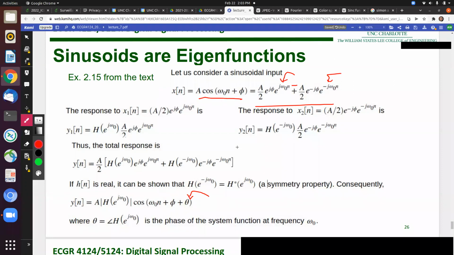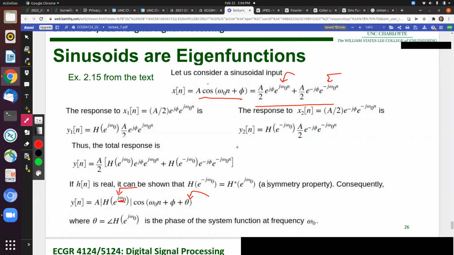If this were sine instead of cosine omega, this would be a minus here, and everything else would be exactly the same. Or yeah, there would be a j out in front of all this, multiplying everything, with the j in the denominator. I don't want to look up everything, but that's the only key difference. And so those are also eigenfunctions. And when you put them into linear systems, then what comes out is the magnitude response evaluated at that frequency,